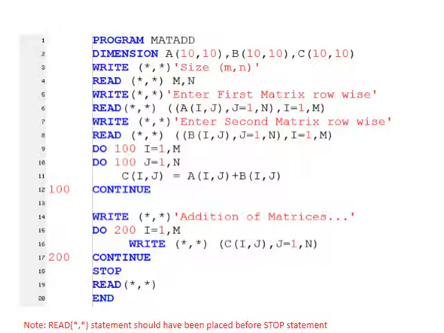After calculating matrix C, we can display matrix C here using this statement. We know that to display a two-dimensional matrix, we have to use a combination of do statement and implied do statement. We have seen this part earlier. So using those steps, we have displayed the matrix, and then we will stop working. So this is how we calculate addition of two matrices. The next slide will show a demonstration of using this program, or how this program works.